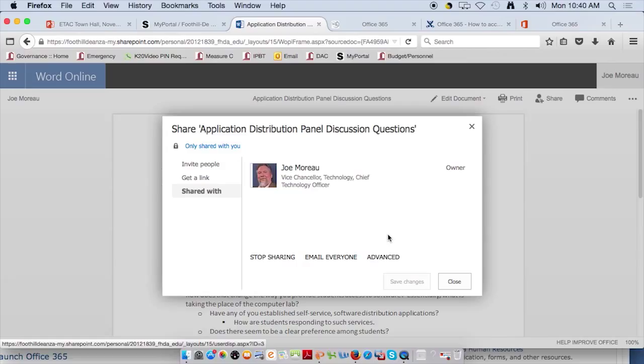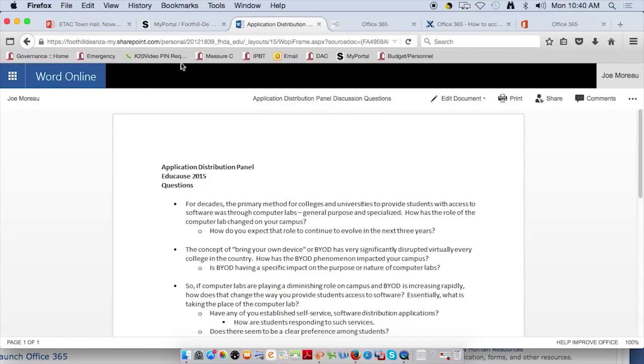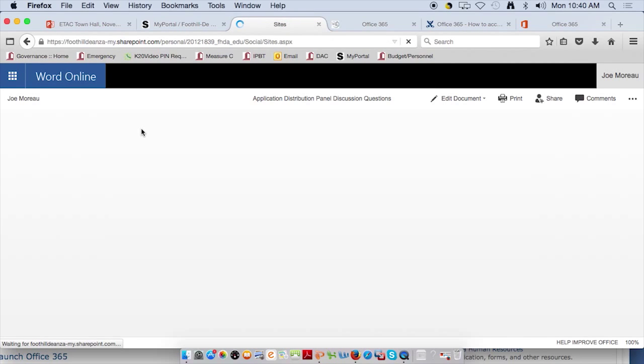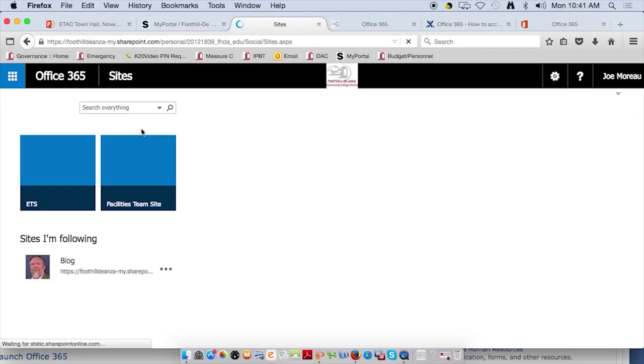Again, a lot of the sharing options are pretty straightforward. I think most folks could figure it out just by clicking around, but you can also look at the lynda.com material to see exactly what the ins and outs of sharing are. Let's see, what else have we got? So you've got sites. This is something that we've created for facilities and for ETS, so I can show you